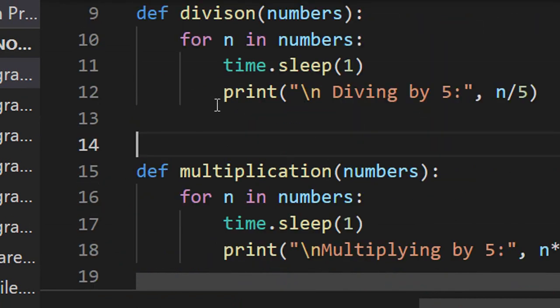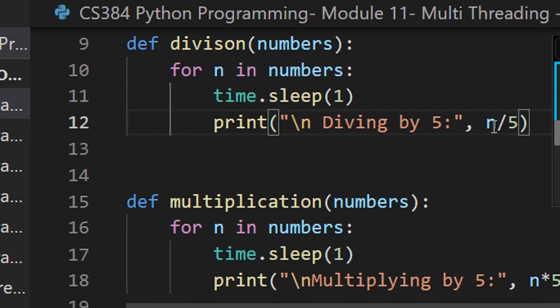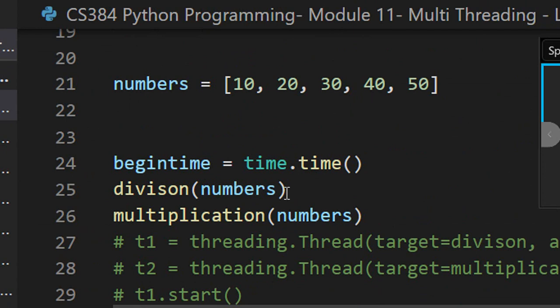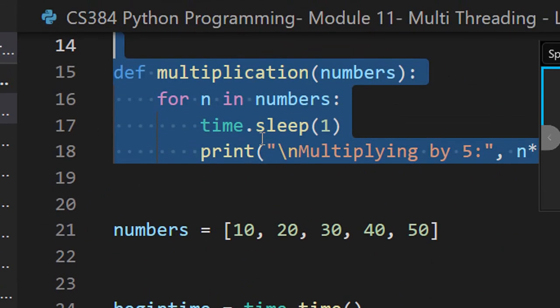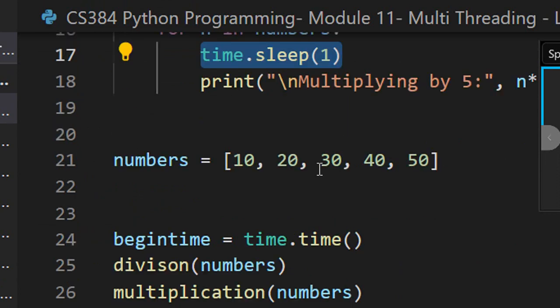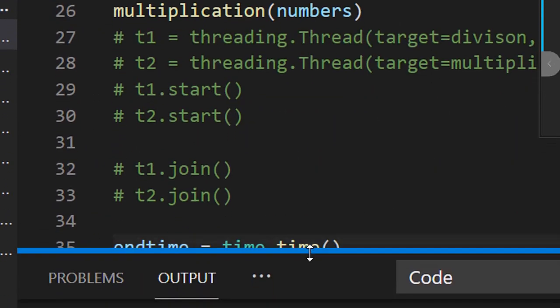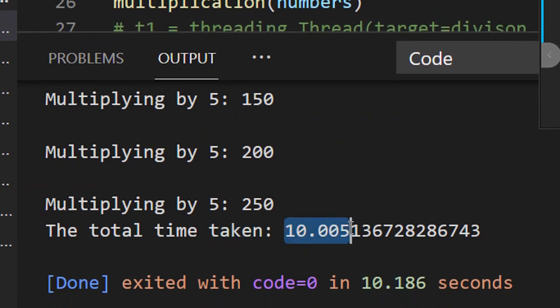We are calling this. So entire division function will take 5 seconds because we have 5 numbers and some time to divide. So total time here, then it returns to the point where it was called, and then the multiplication function is called. Again, the same thing, multiplication basically goes here, performs entire multiplication, sleeps every 1 second for every number. So if you have k numbers, it will be having a delay of k seconds plus some computation time, right? So 2k, right? We have 5 numbers here. So you can see we have taking a time of 10.005 seconds because this was a serial execution. We did not implement threads.